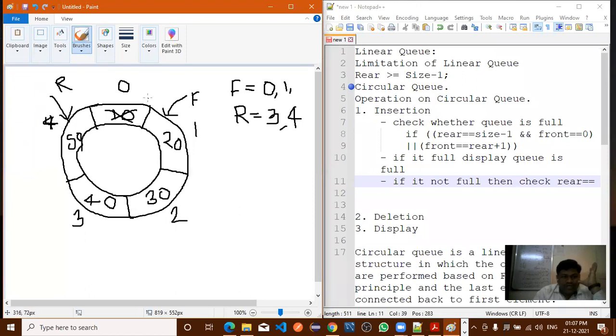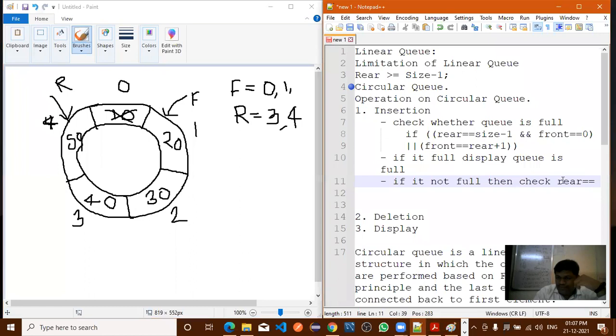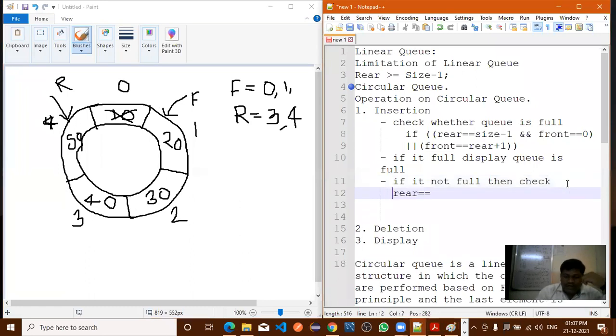After that, this last pointer wants to connect with the first element of the queue. How to connect from 4 to 0? For that purpose, when the rear pointer is at the maximum position, automatically it should come to the initial position, 0.